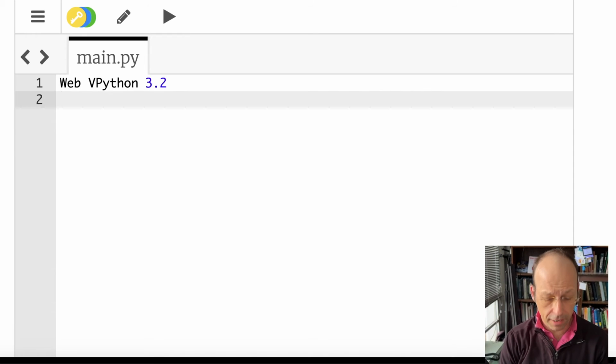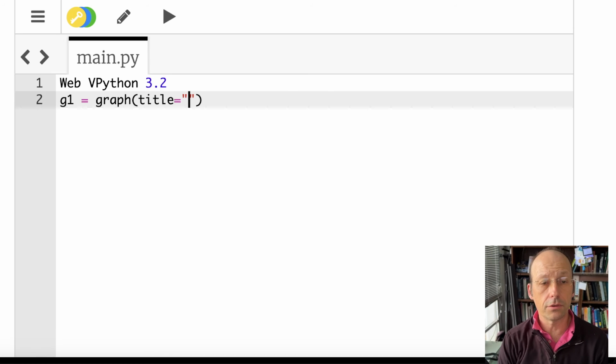Let's go ahead and make a graph. G1 equals graph. Title equals far field dipole. You gotta spell right. Is my camera shaking? Okay. And then I'm gonna say Y title. Let's just call that E